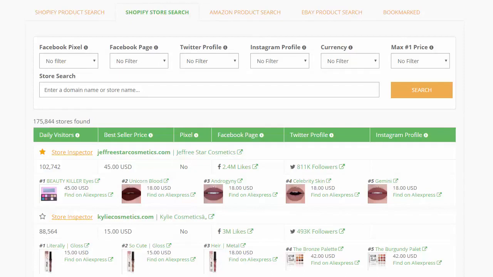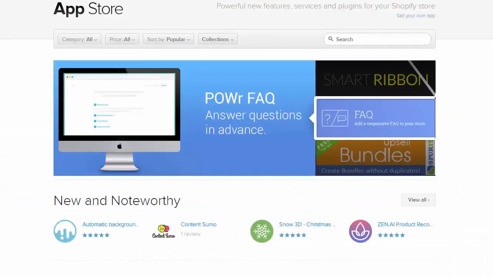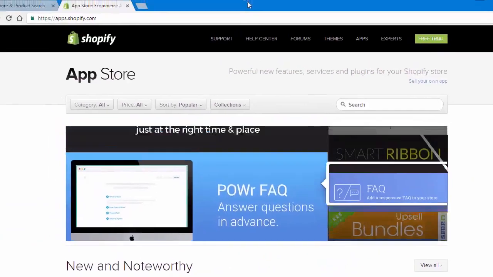It's amazing because if you have to manually do this, to go through Google or go online to try and figure out all the different metrics of these different stores, it's nearly impossible. Let me show you one method that you'd have to do in order to try to do this manually. If you go over to the App Store for Shopify, you can see here it's at